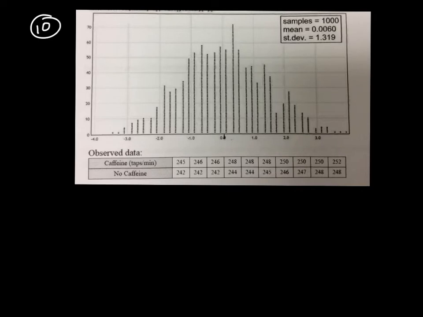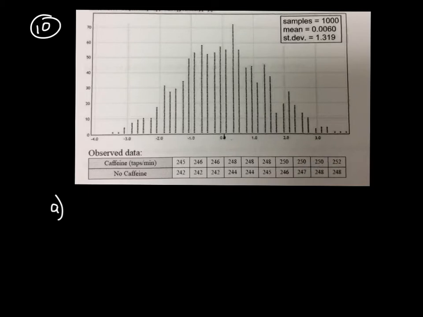All right, so number 10 is looking at finger tap rates with and without caffeine. So in part A, all they're really looking for here is they want you to find the mean of the taps per minute for the 2 groups, so between the caffeine group and the non-caffeine group. So you could do one of 2 things. There's 10 members in each group, so you could either add up these 10 numbers and divide by